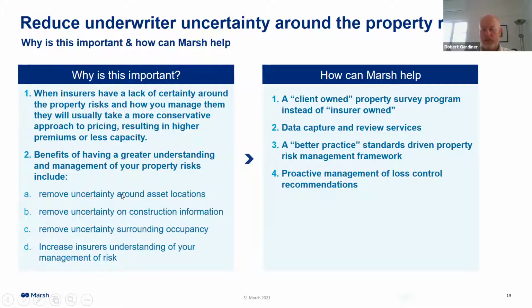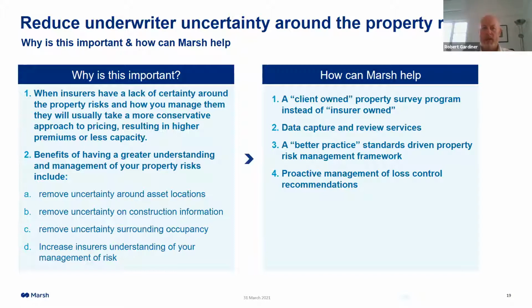And that might be because there are aspects of the address that are missing, or just the postcode in some cases provided. But ultimately, it's in a form or format that doesn't allow the insurers to identify where that location is. So a simple latitude and longitude is ultimately the minimum piece of information that we need to see in that asset schedule, and that allows the insurer to really articulate and identify where that location of the asset is, to the roof of that building. And we'll go through in a minute some examples of where we see gaps and what that ultimately manifests itself as.